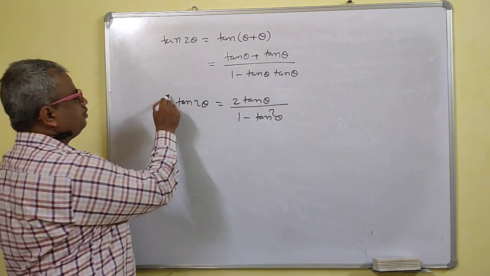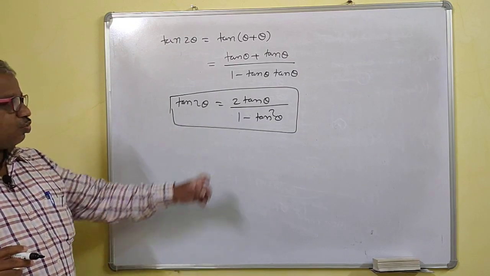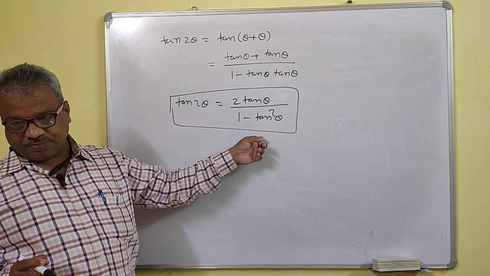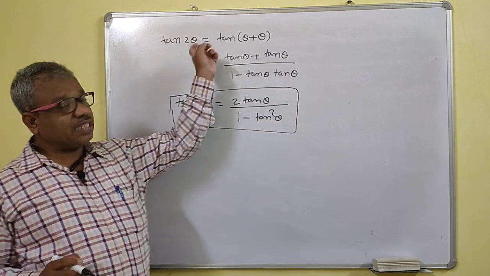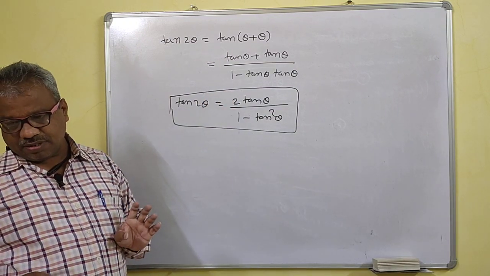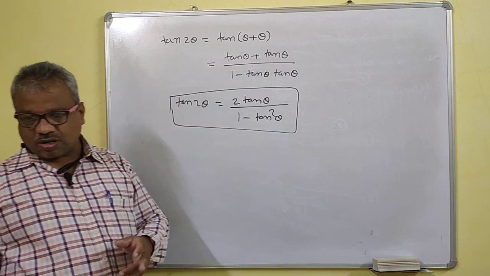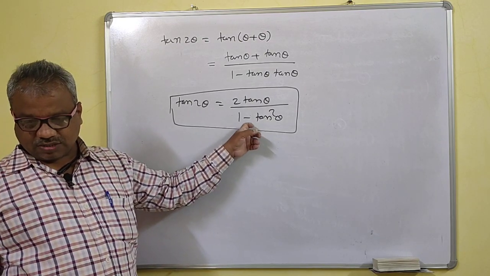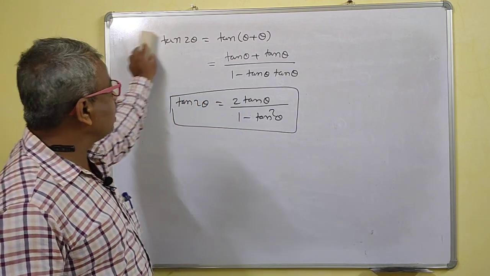So you should remember this. This is a very important formula: 2 tan theta upon 1 minus tan square theta. Now see, in cos and sin there is 1 plus tan square, but in the formula for tan 2 theta, your denominator is 1 minus. Because you are applying the formula for tan A plus B, your denominator is 1 minus tan A tan B. So therefore this minus is there. And for cos and sin, you write 1 as cos square theta plus sin square theta. So for sin and cos it is 1 plus tan square, and for tan it is 1 minus tan square theta.